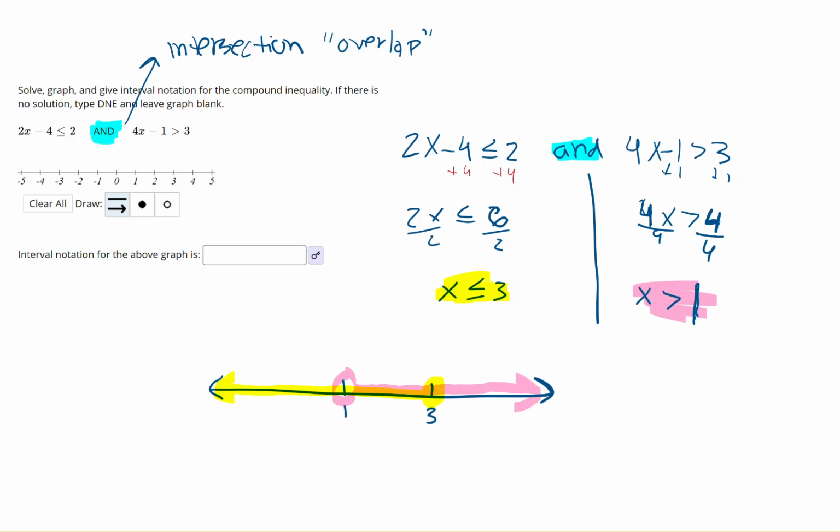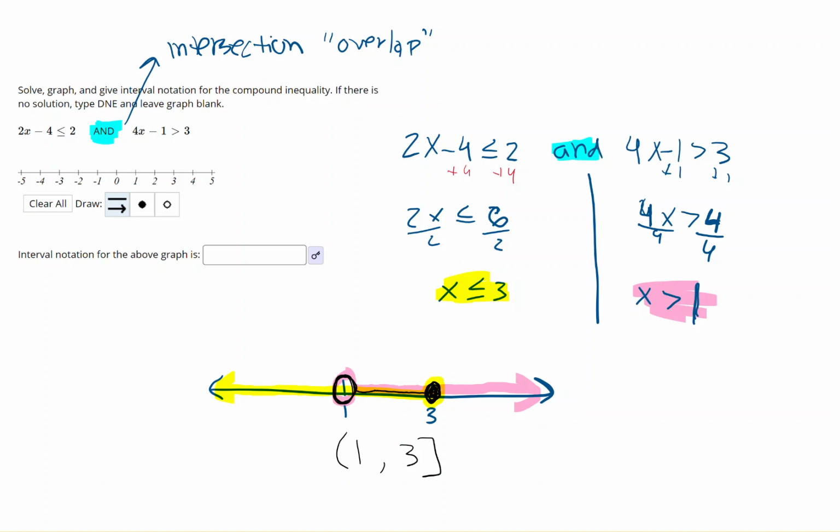Now I tried to use some colors so you can see the color overlap, but we just want the overlap. Our final answer is going to be whatever you see in orange here. So I'm going to start at 1, not including the 1 for my interval, where the overlap is, because I can see that only 1 is highlighted in yellow. It's not highlighted in pink because we did an open circle there. All the way to where it's orange, all the way up to the closed circle on 3, that's where both of them are highlighted. So all the way from 1 to 3, including the 3 but not including the 1,